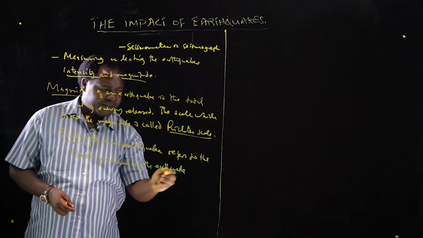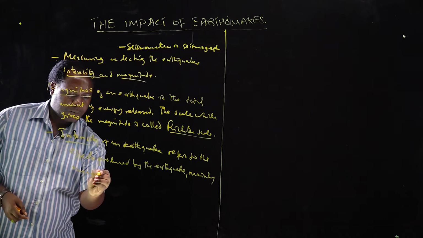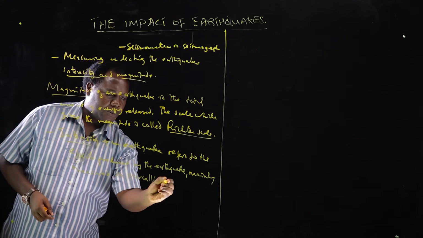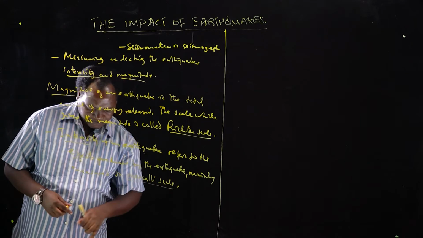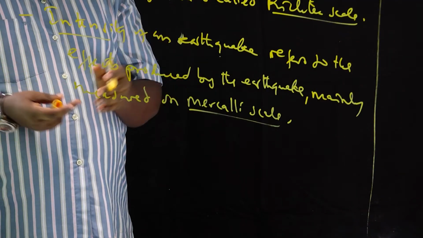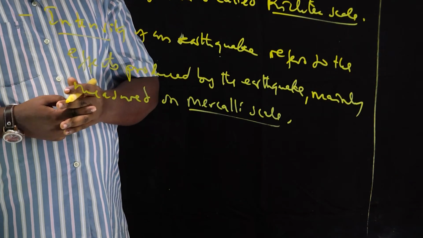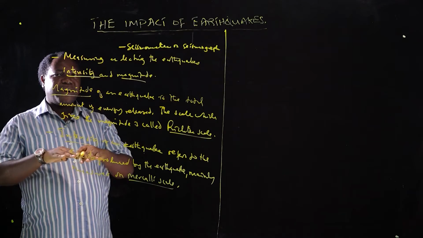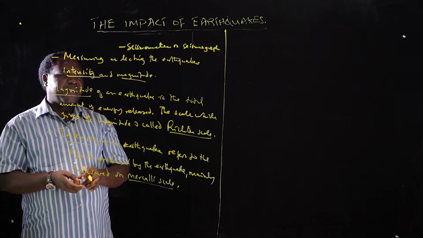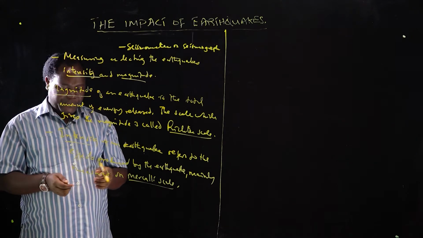Mainly measured on Mercalli scale. Sometimes there are maps that are produced showing the areas that experience the earthquake in the world. Sometimes you can find the lines that are joining different places that are facing the same magnitude, the same intensity of earthquake. And the lines that are drawn on the map are known as